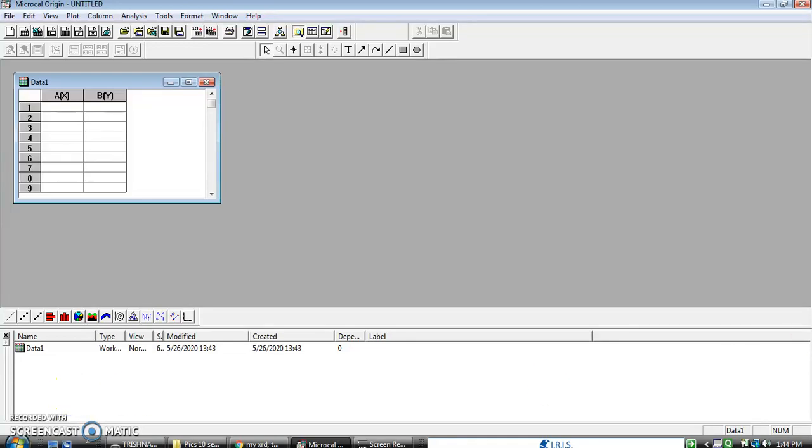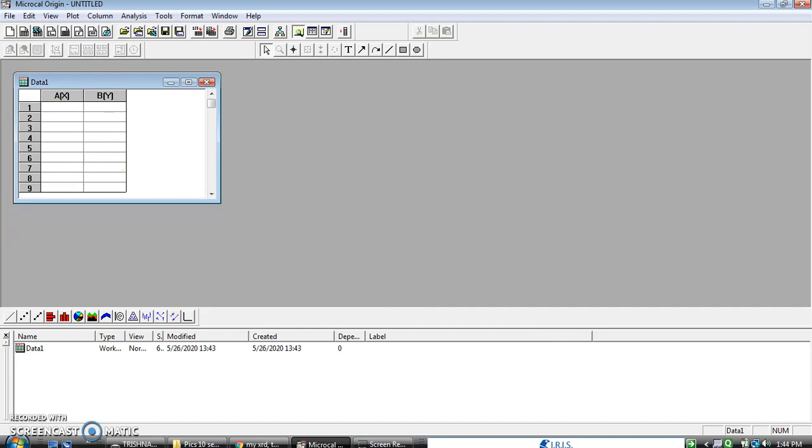Good morning everyone. Today I am going to tell you something about MicroCal Origin software, how to plot data in this particular software. This software can be utilized for various data plotting like XRD, TGA, DSC as well as other data, Raman, etc. So I'll tell you how to plot the data in this particular software, by which you will be able to get an overlap data.